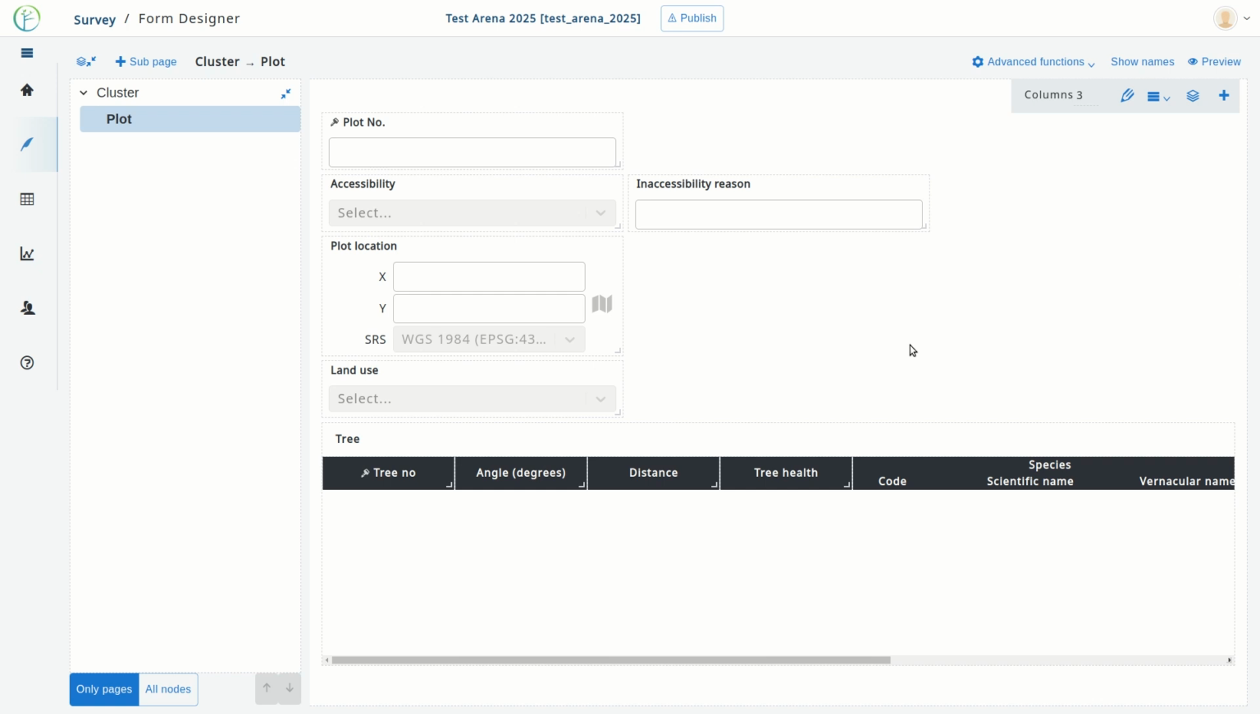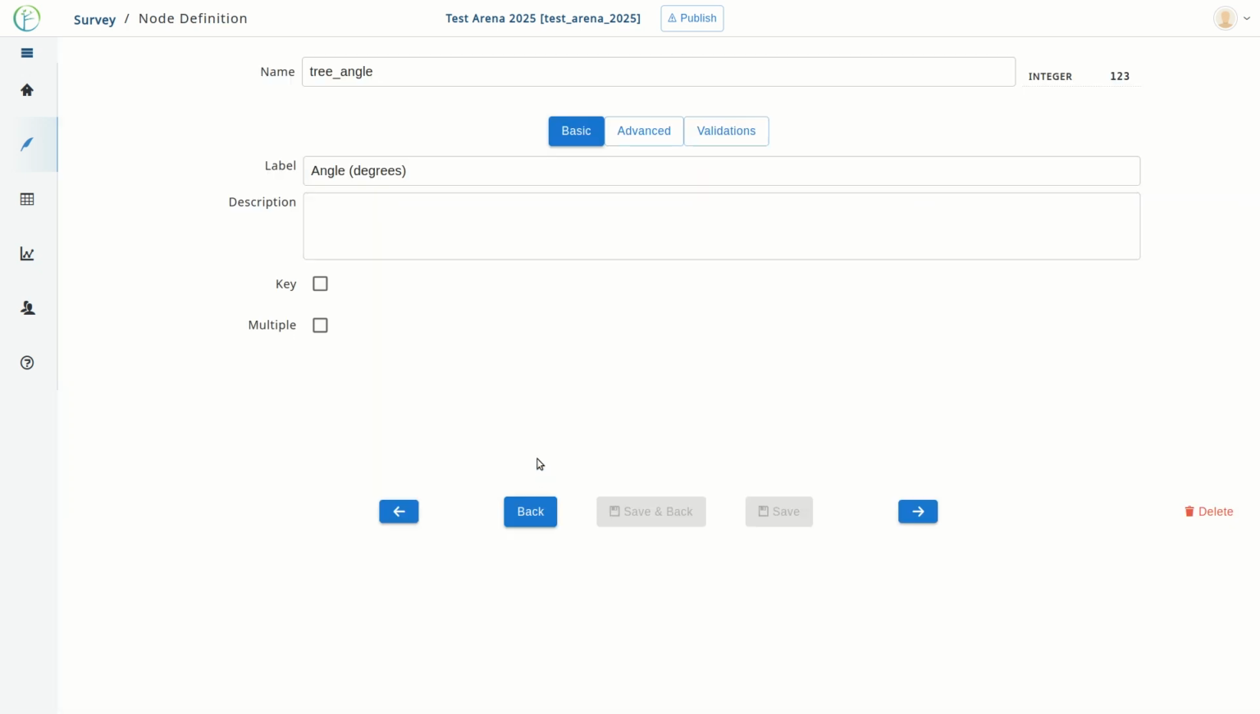Now we are going to see how to add some simple validation rules to the attributes that we have created in our survey. For example, if we go to the tree entity and we have the angle attribute, we want to limit this angle attribute between 0 and 360. So let's go to edit the angle attribute, go to validations,